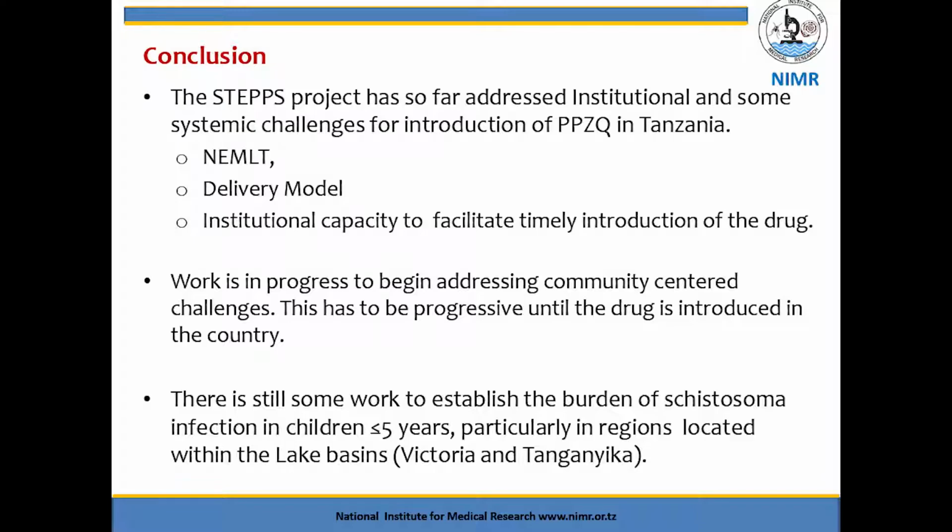However, what we are doing now, and in the upcountry, we are working on addressing community-centered challenges. This has to do with myths, giving them education and raising awareness on the imminent availability of pediatric praziquantel in the next probably 10 or 18 or 20 months. We, as a country, still need to work on the burden of schistosomiasis, particularly in the regions where data is lacking. And this will support quantification to determine the real need or the quantity of the drug we need to...